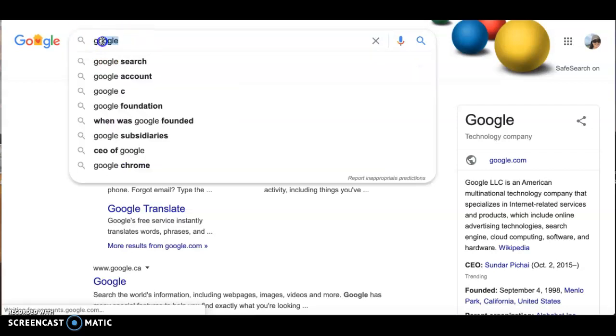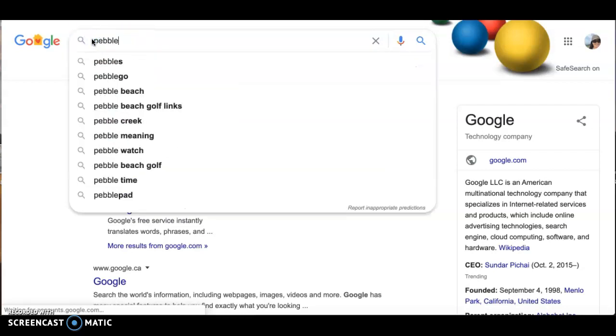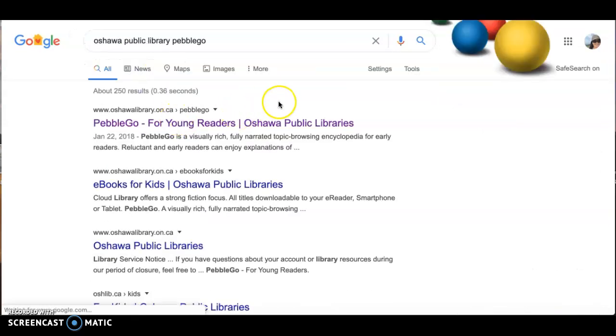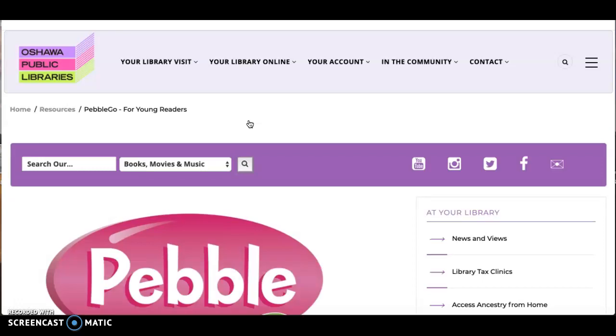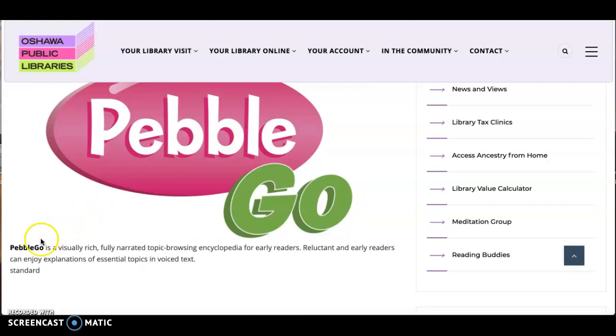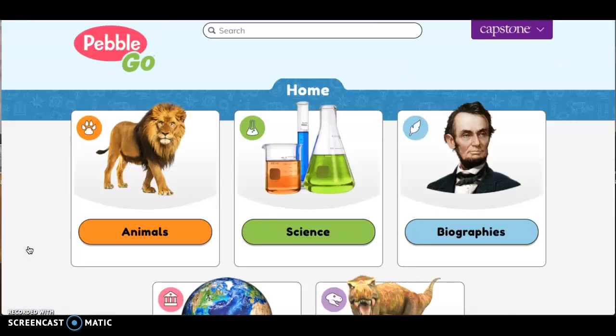All right, so I just wanted to show you how to access PebbleGo. So if you type in Oshawa Public Library and PebbleGo, Oshawa Public Library has a free PebbleGo subscription through the library. So you go on, you click on PebbleGo, and this is a great way for students